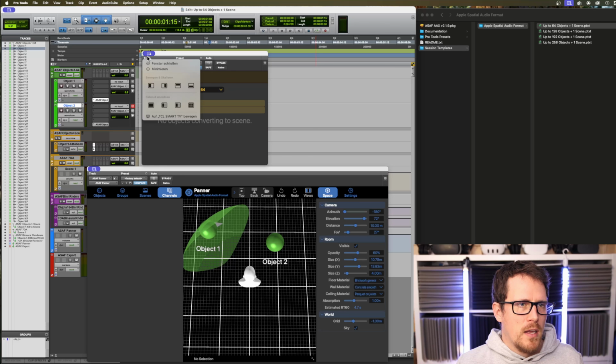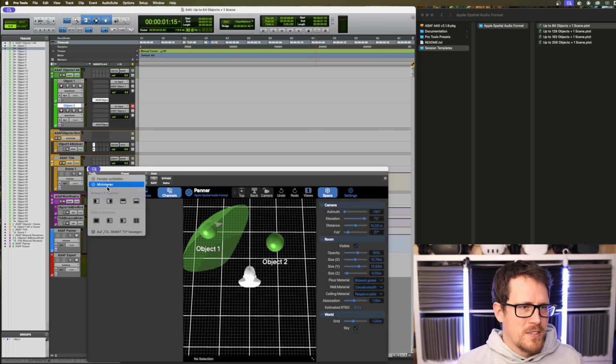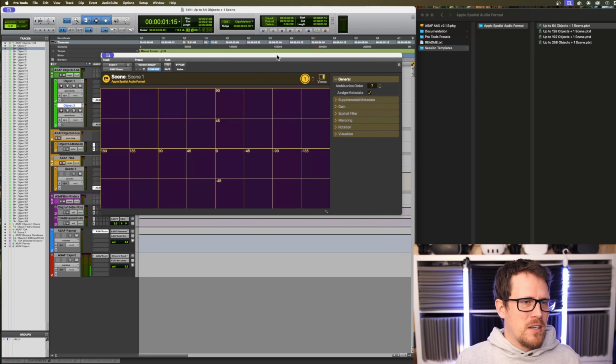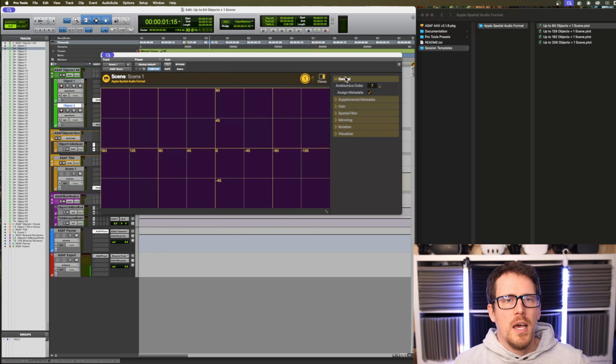Now let's have a look at the, I think it was called scene. So many new words. There we go. This looks oddly familiar to any Ambisonics plugin that has an accurate rectangular view. And here are very interesting things you could do, like obviously work with 7th order Ambisonics, assign metadata. Then we go to this supplemental metadata, and you can do quite a lot here, but not too interesting. There we have any sort of gain that will be interesting with the visualizer that I will show you later.